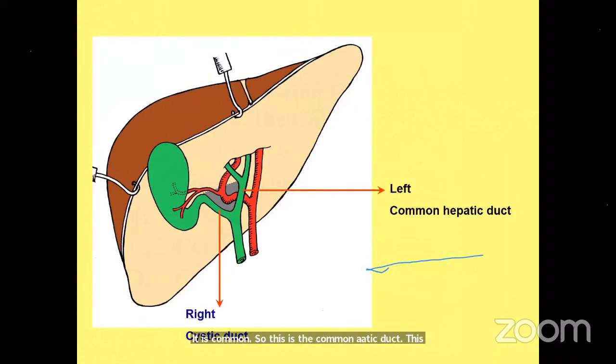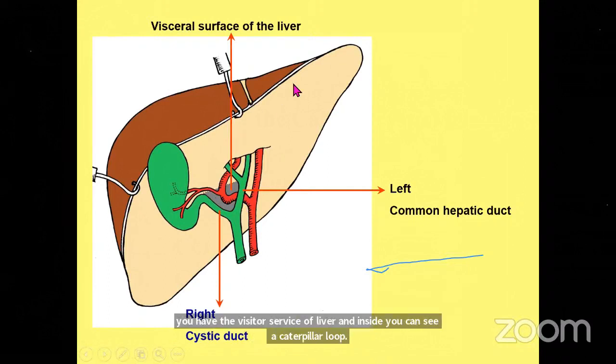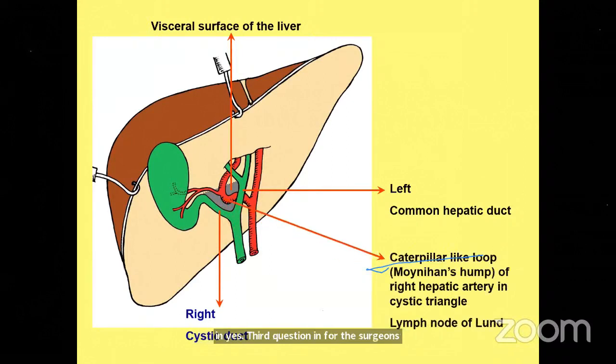This is the cystic duct on the right side. And above you have the visceral surface of liver. And inside, you can see a caterpillar loop. That is known as, can someone say the name of that loop? A particular name is given. It's again a favorite question, yes, Moynihan's hump, a favorite question for the surgeons. So that is Moynihan's hump of right hepatic artery in cystic triangle. And another content which you can get in this triangle is the lymph node of